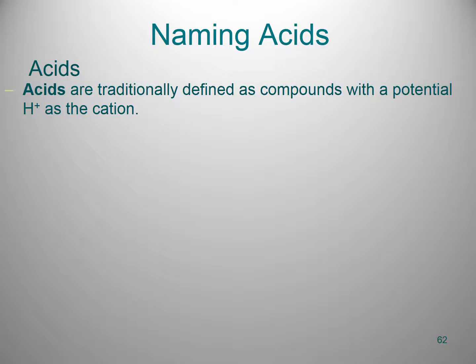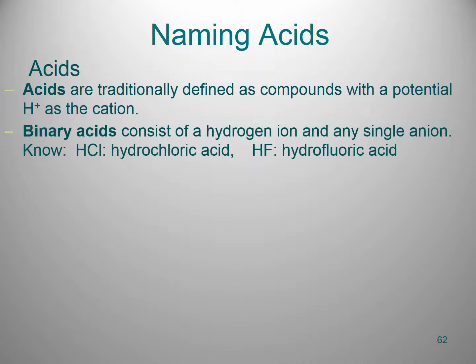All right, so that's pretty straightforward for binary molecular compounds. There are lots of other compounds, but for the most part, you won't be expected to know their name without a little help. Acids are another group of compounds that you might need to know the name of. I think at this point you just want to know particular names. Binary acids are those that